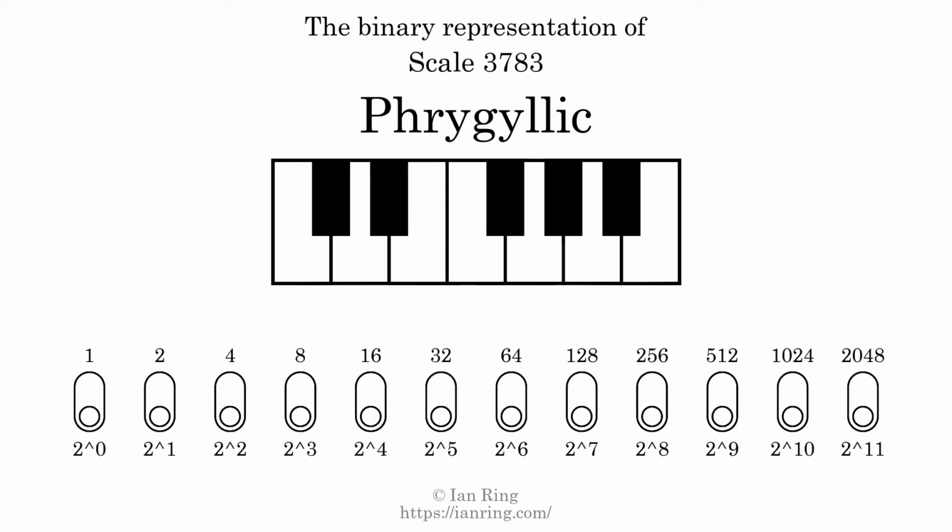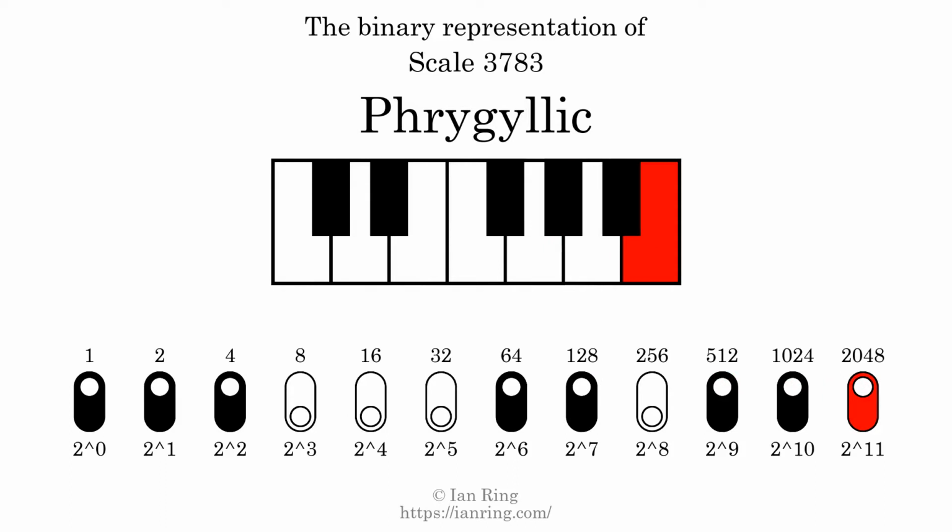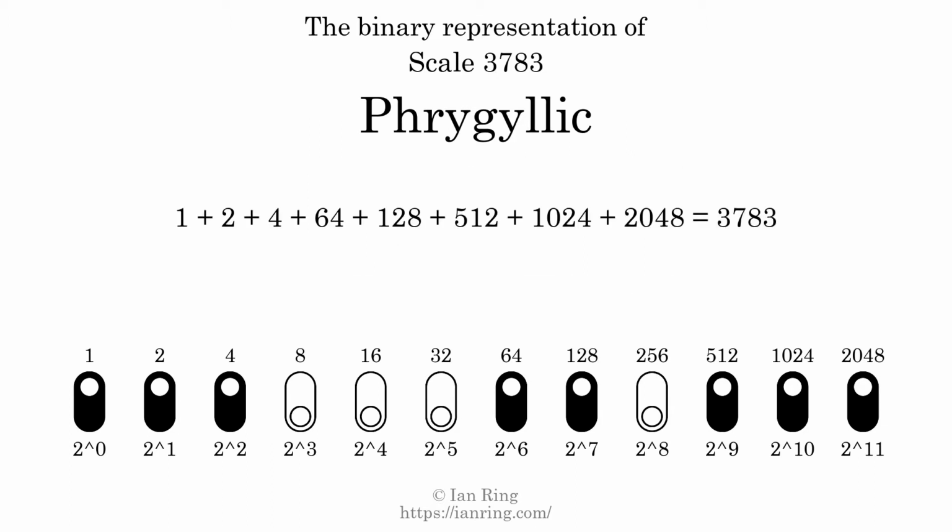The binary representation of this scale is determined by mapping tones of the scale to binary digits. Each binary digit represents a power of 2. To get the scale number, we add the powers of 2 together. The powers of 2 that are present in the scale, all added together, equals 3783. That is why the scale number, in decimal, is 3783. The scale number not only enumerates the scale with a unique index, but it also literally describes the tonal content of the scale. Represented as a binary number in base 2, the scale number is